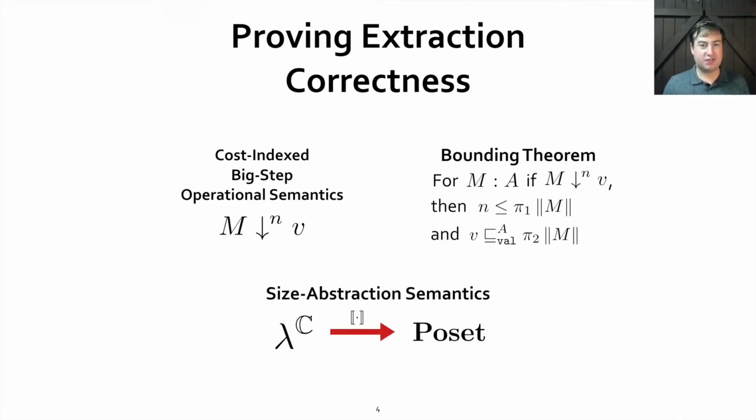One important piece of the informal analysis that this translation doesn't take into account is size abstraction, like, say, analyzing a function which takes a list in terms of its length, or a tree function by depth, or something like that. Now, we do this abstraction using a denotational semantics from lambda C into partially ordered sets, and this means that the objects that we get out are the standard objects you'd recognize as recurrences. You can compute closed forms and asymptotics and stuff like that.